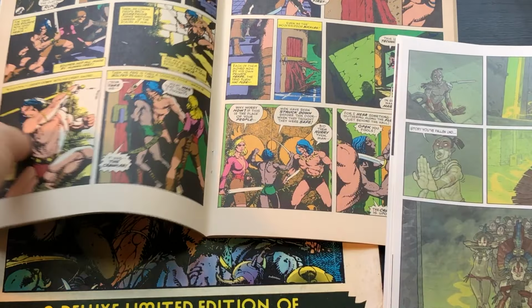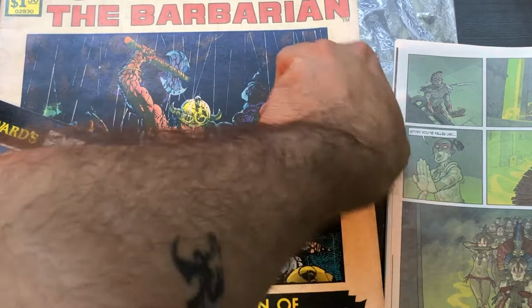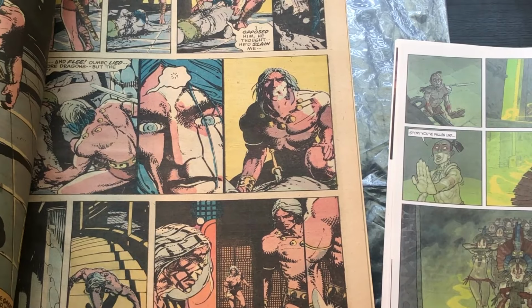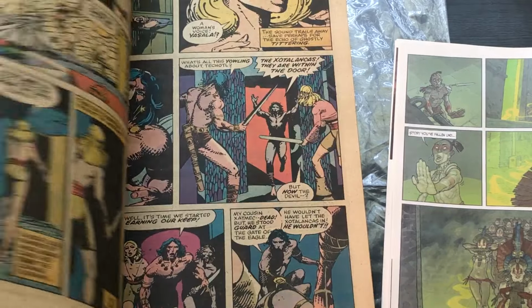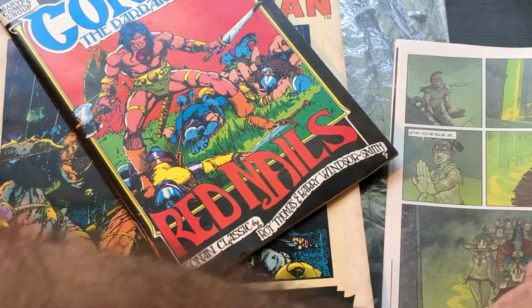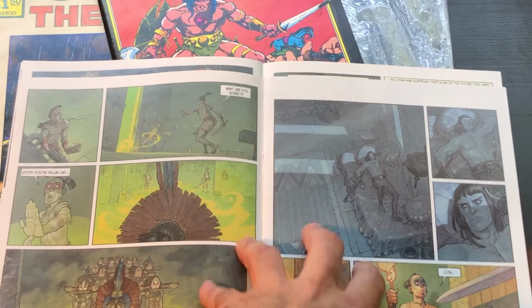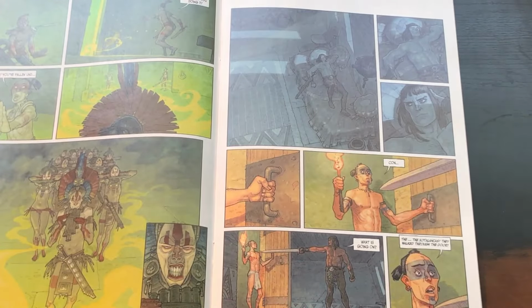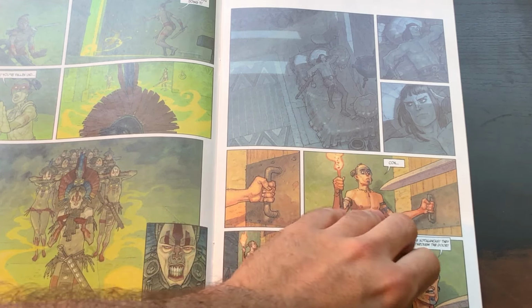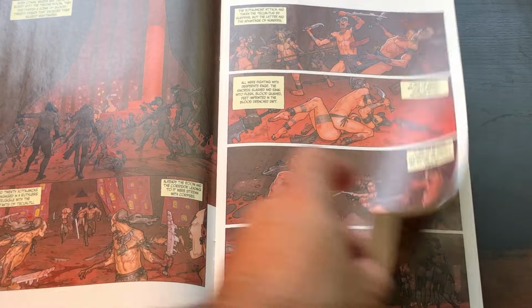I wish that there was a better, more easily accessed color version of this that was these colors, or an approximation of these colors, just because it's Barry Windsor Smith's colors, and I think that should be respected, as opposed to those horrible digital colors from the early 2000s. Anyway, if you put this in front of them, and you put this in front of them, I feel like a lot more modern readers who are used to reading modern comics are going to like this, are going to respond to this more, and may enjoy reading this more, just because this moves at the pace of a modern